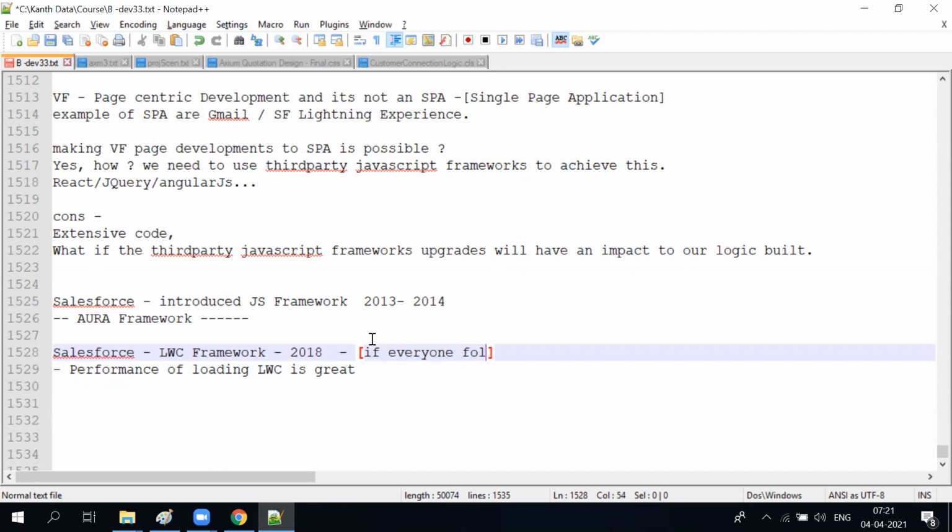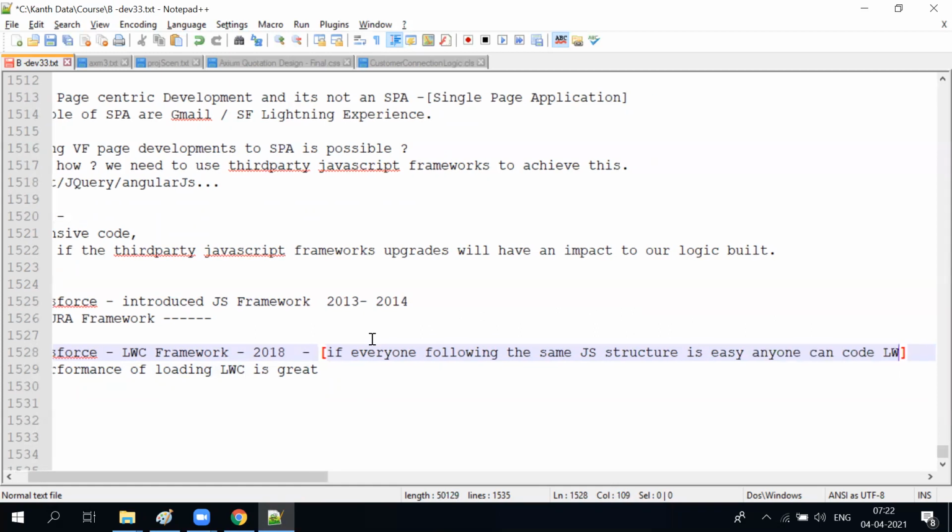If everyone is following the same JS structure, it's easy. Anyone can code. The AngularJS and jQuery structure of JavaScript, which ESLint provided, and the LWC framework code that you're writing, all have the same type of structures to deal with. So they have simple HTML, simple JS, and simple CSS, and the same is followed across all people. Now, if someone is writing code in LWC,